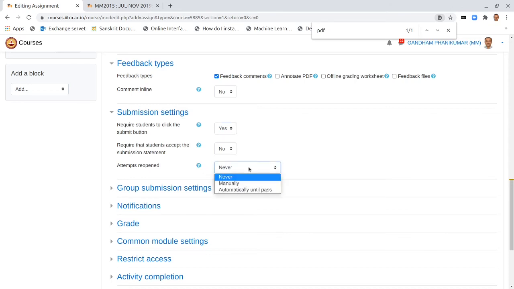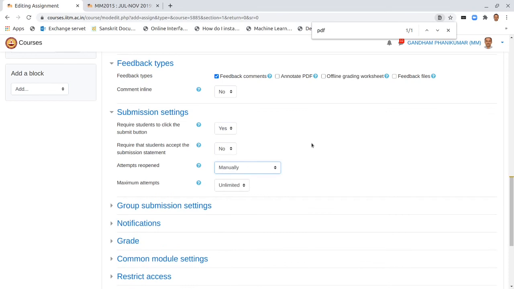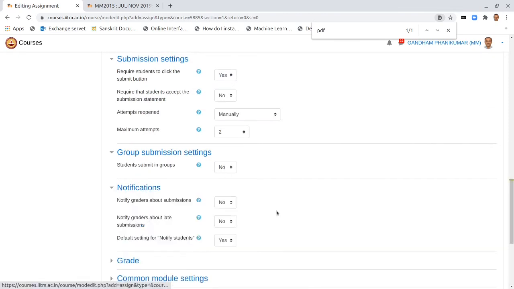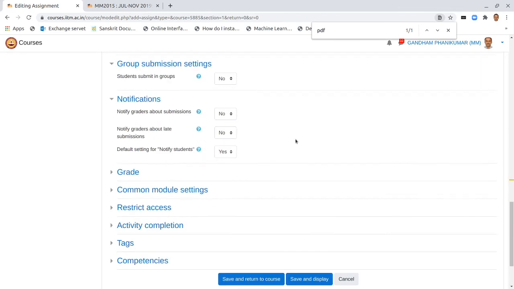And do we need to reopen any attempts? Maybe manually, if you want to set it up, and give, let us say, 2 attempts for them to resubmit if you want to provide a feedback after they have submitted the first time. We have not set any groups now, so we don't have to put that in here. And notify.